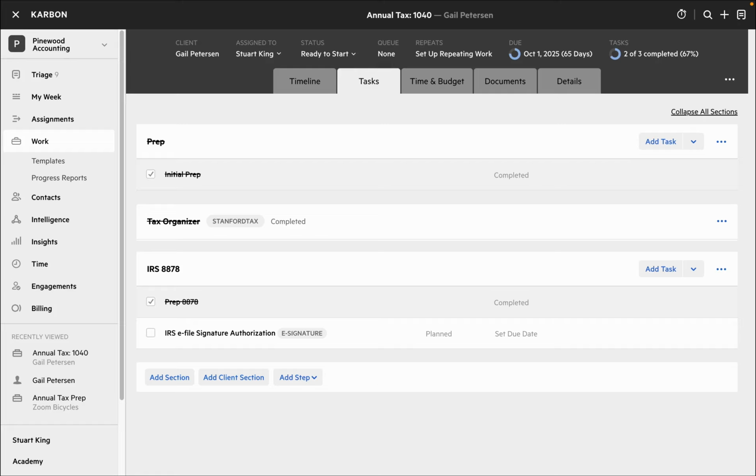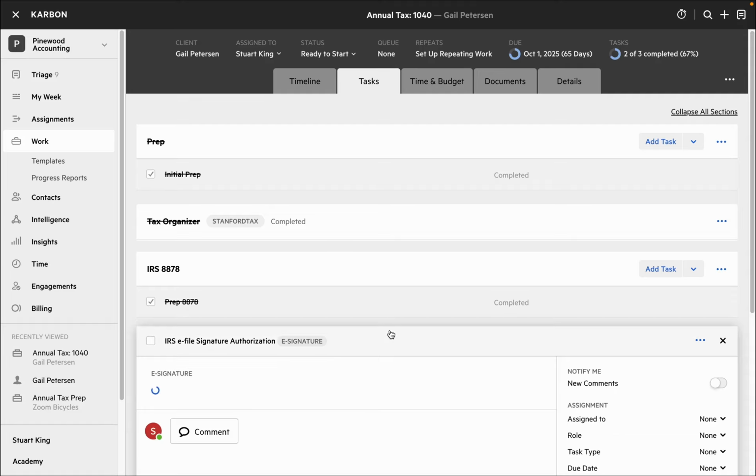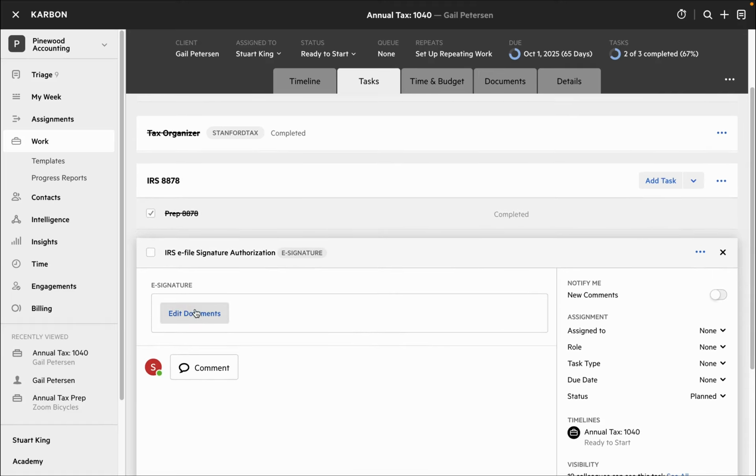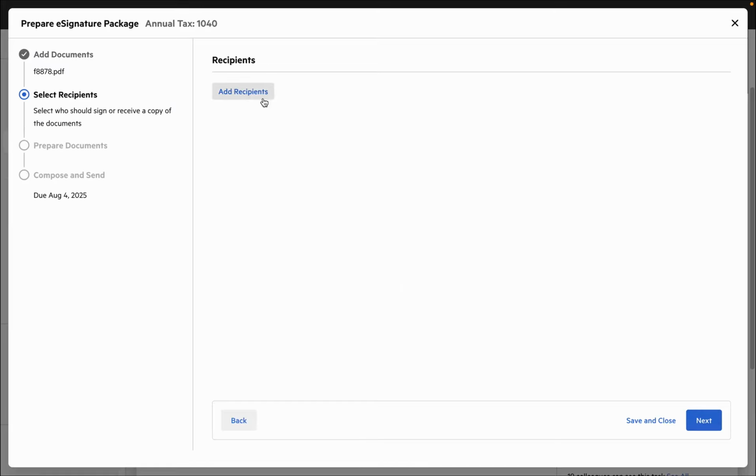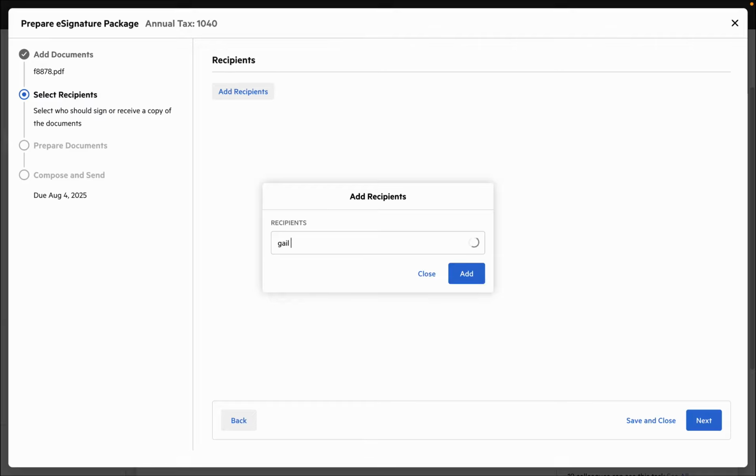You can see here I've got an individual tax return set up in Karbon, and I've completed a number of the preparation steps already. If I expand the eSignature task and click Edit Documents, you can see I've already uploaded an 8878 PDF and I'm all ready to assign signers. If I move to the next stage, I can add Gail Peterson,